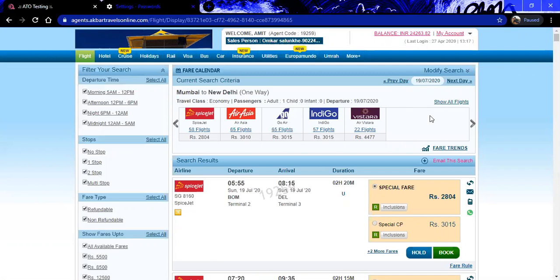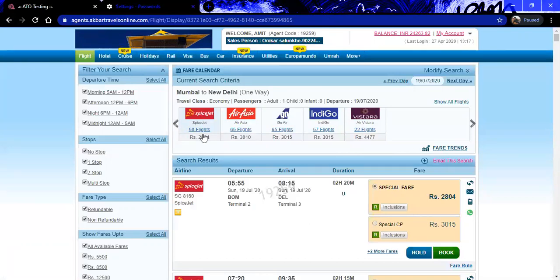Below that, we have an airline lineup, which is called an airline matrix. This airline matrix shows you the flight counts for that particular airline, and the fares are arranged in ascending order. The first fare will be the lowest, and it will go up in that format, with the largest being the last. It is showing the flight counts over here, that is, 58 flights are there for SpiceJet.